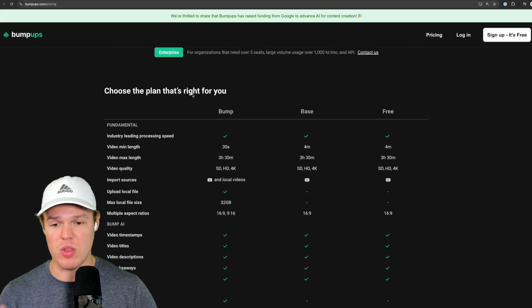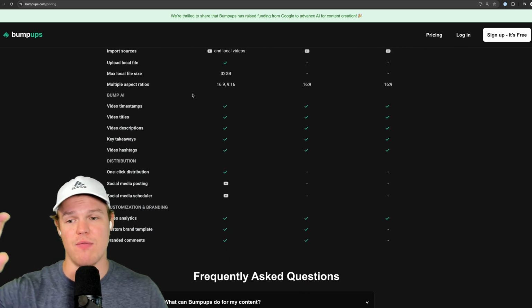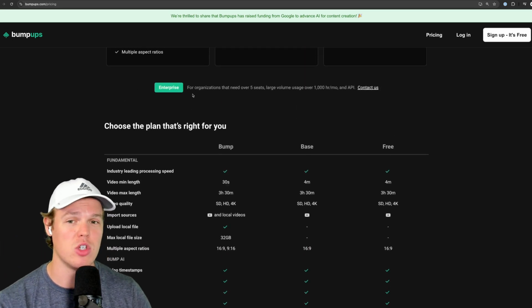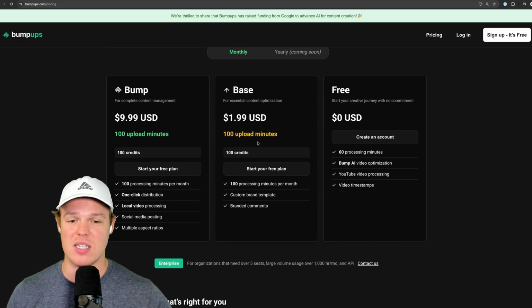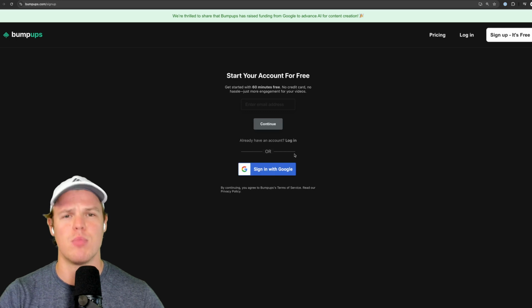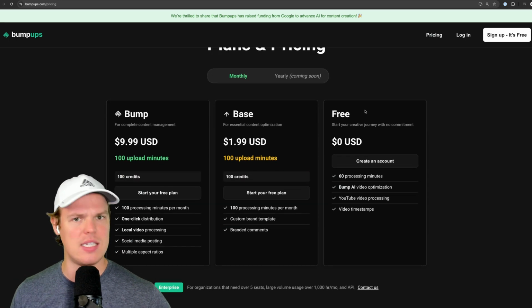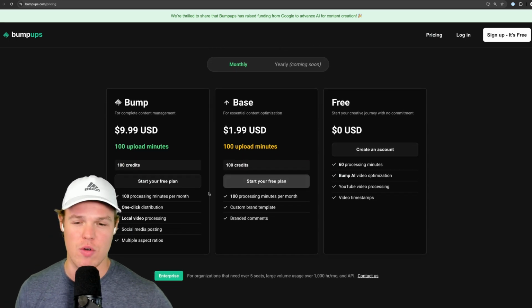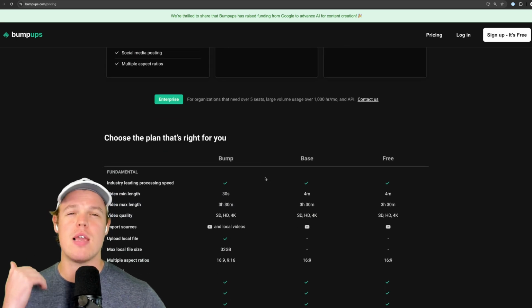But for example, what we do here is we create an entire chart showing the different value points we provide depending on the plan you choose, even as far as making it interactive in the sense of like, okay, well, if I want 400 credits, which is 400 upload minutes, I can start a free plan, proceed. Scroll down here, make the CTAs very attractive, create an account, start your free plan, like make it as limited